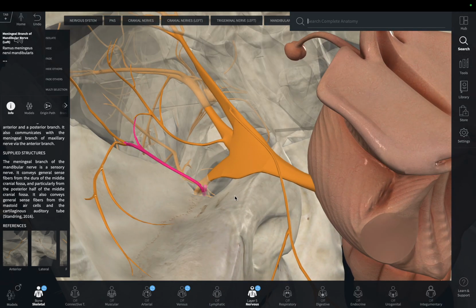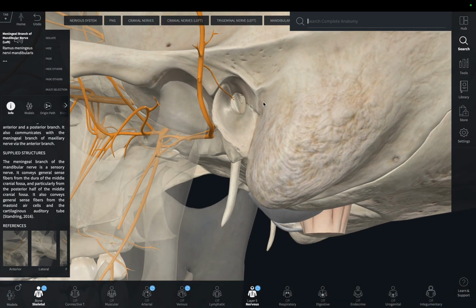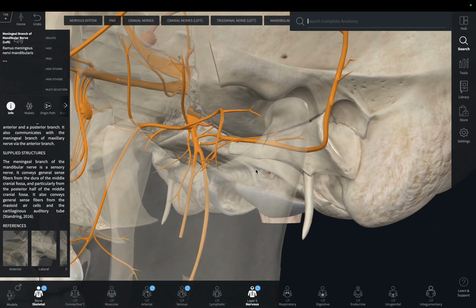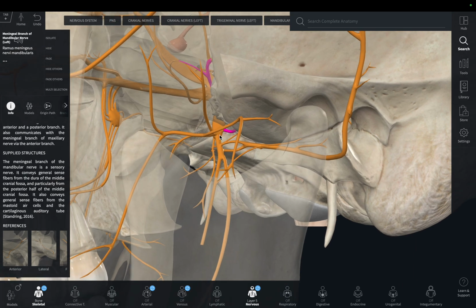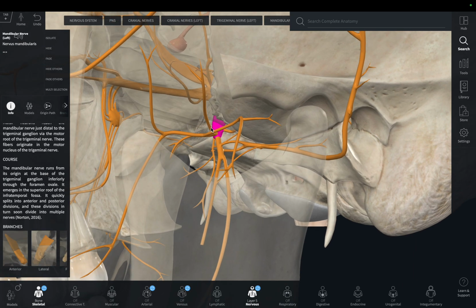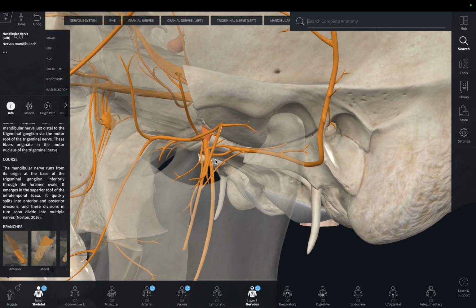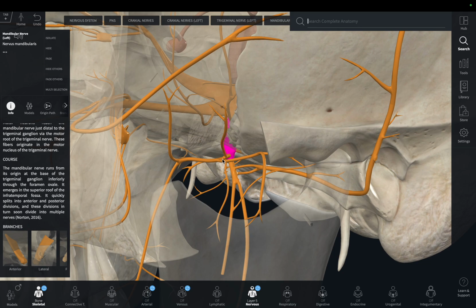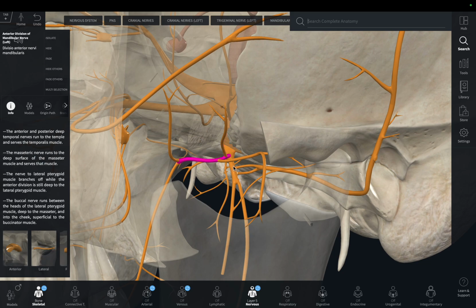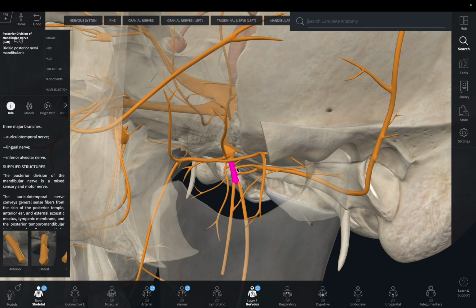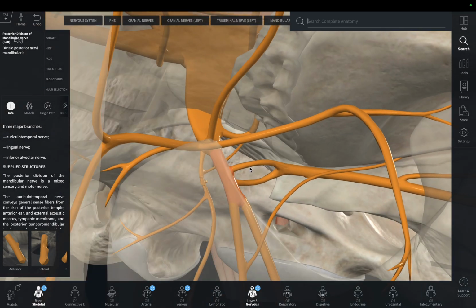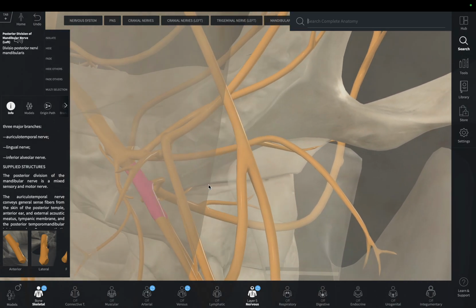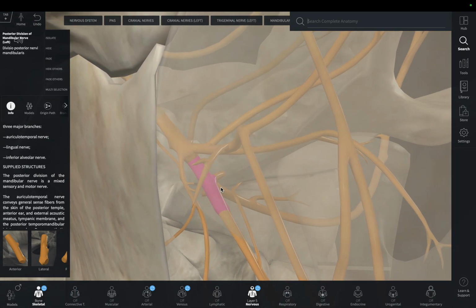After exiting at the foramen ovale, the mandibular nerve gives off a few branches before dividing into anterior and posterior divisions. This is the anterior division. This is the posterior division. It gives off a few branches before doing so. One such example, if we can get to it,